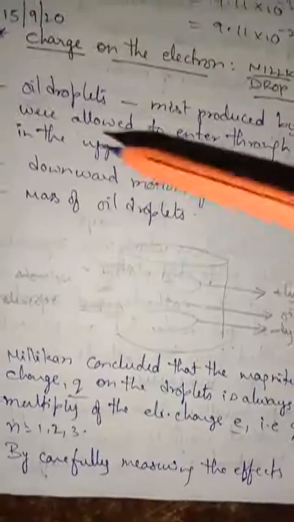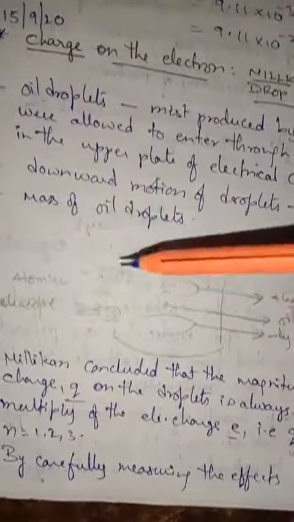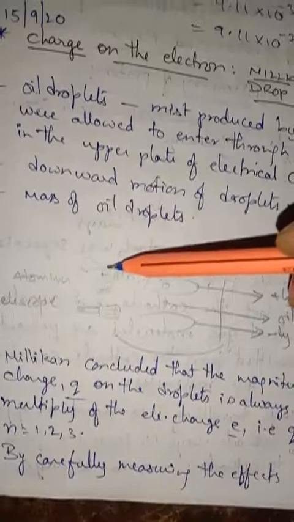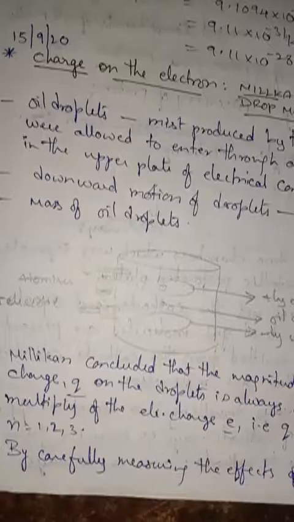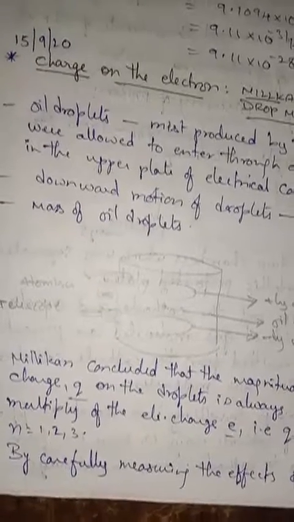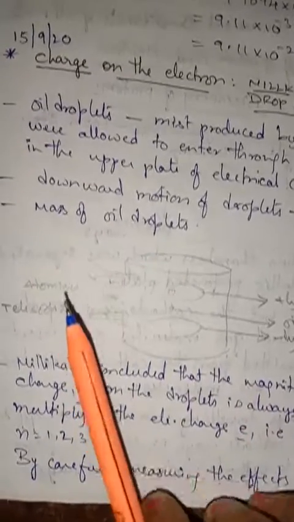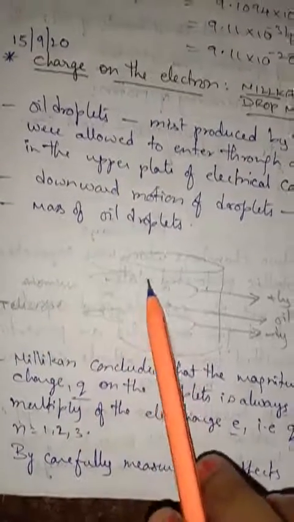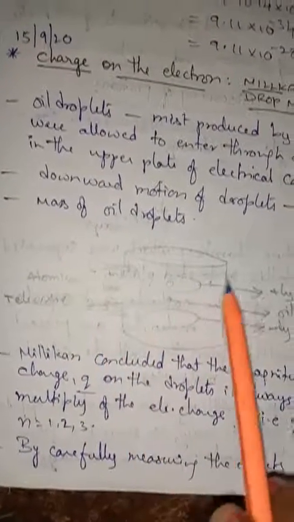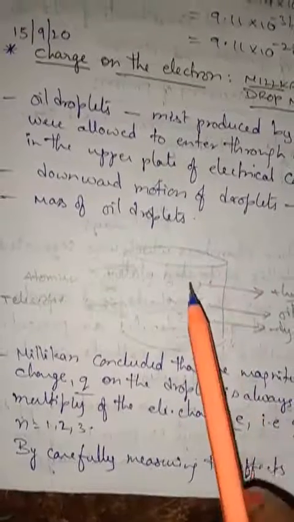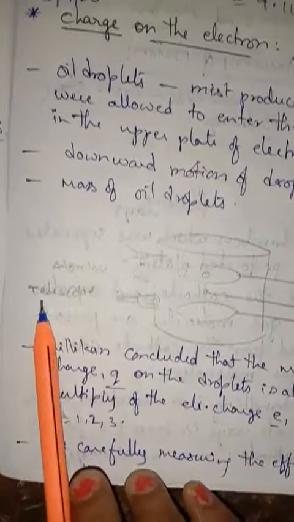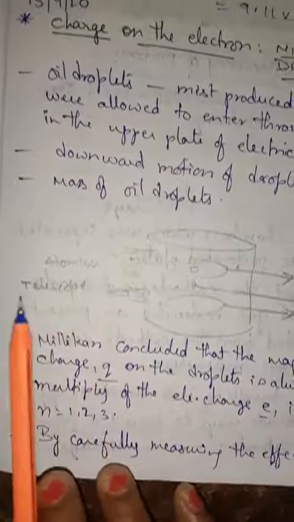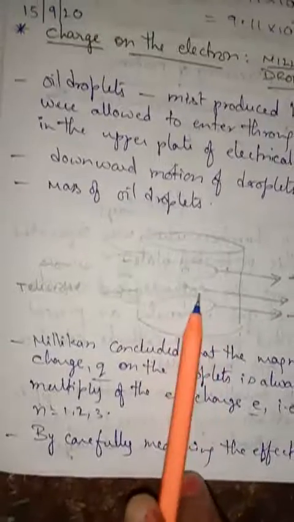Whenever you press at this part, whatever oil is present in it can be sprayed inside the vessel like perfume. When we press, it will be sprinkled over our body, isn't it? In the same way, the atomizer is used to sprinkle the oil into this vessel. What happens and what reactions take place inside was observed under the telescope. This is a telescope which is used to see the reactions going on inside the vessel. So we are going into the matter now.